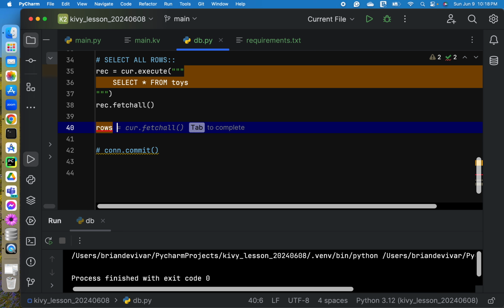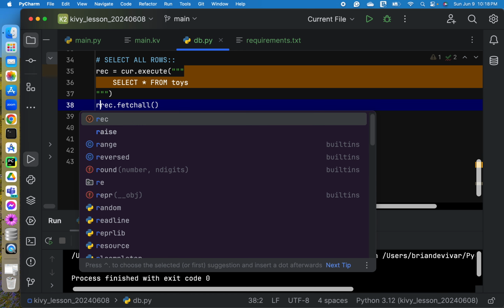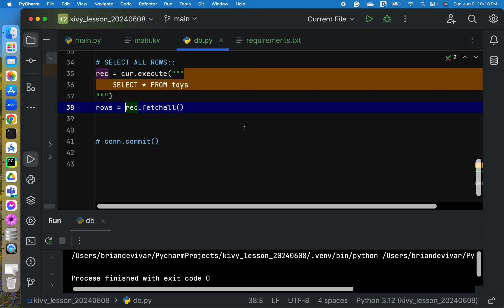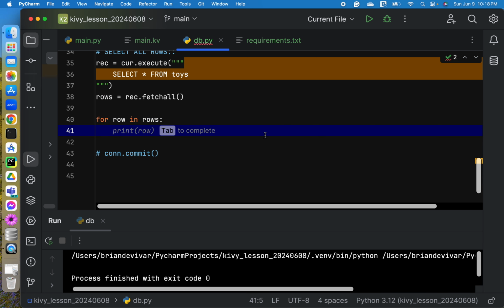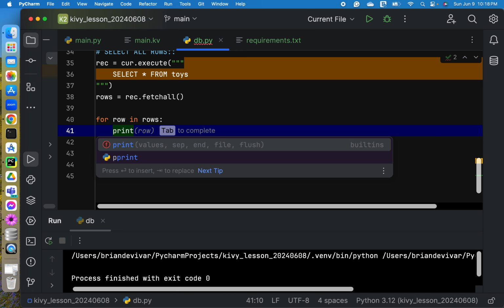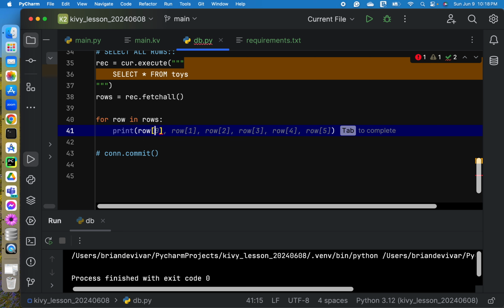And then we will save the record that fetch all to our variable rows, and then let's use the for statement to display the items. Okay, so let's see what will happen.